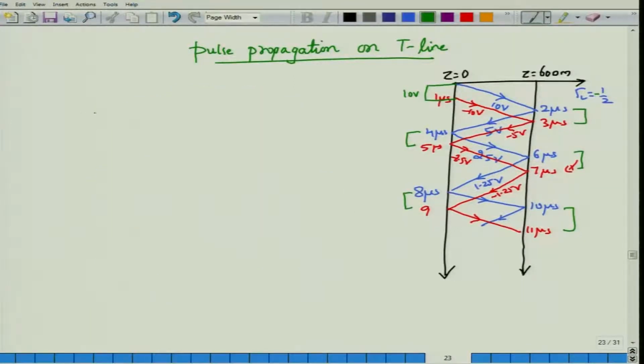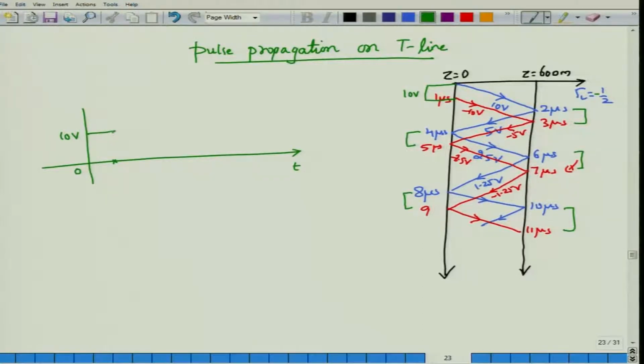What would be the voltage at the generator end? Let us mark the time axis. What we now have is a 10 volt signal that is propagating. However, there will be a minus 10 volt step propagating at 1 microsecond. Initially I begin propagating at 10 volt, but immediately at 1 microsecond after the first voltage,